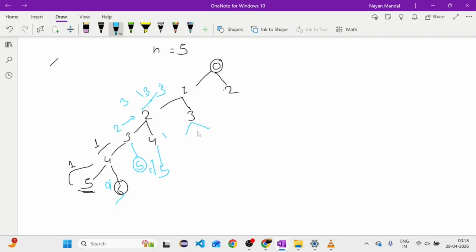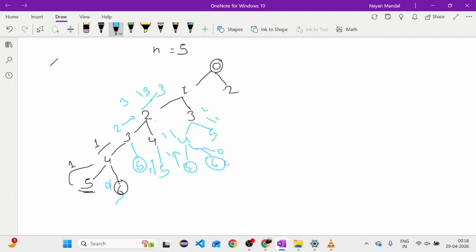So from 2, I can reach either 1 step at a time, that will be 4, or I can take 2 steps at a time. From 4 I will take 1 step at a time and reach 5, or I will take 2 steps at a time, so I will reach the 6. But from 5, if I reach the 5, it is the correct way, so it returns me 1. But if we get a 6, then it gives me 0. So 0 plus 1 is 1. And 5 is the correct way, so it also gives me 1. So 1 plus 1 is 2. 2 plus 2 is 5. Okay, so this way we can do it, right?